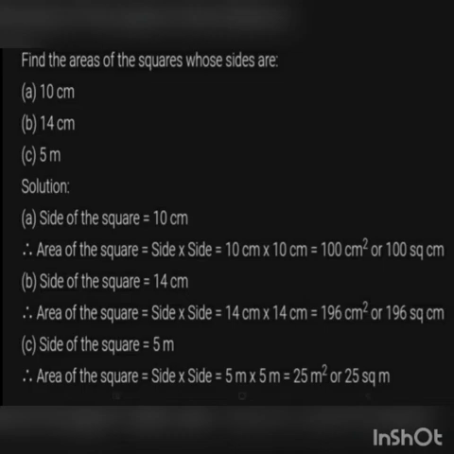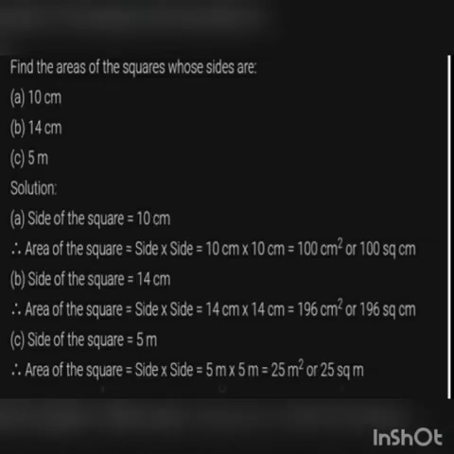The unit you have to change, it is centimeter square. When it is area, the unit will be expressed in square units. Third question, 5 meter. The length of the side is 5 meter. So the area is side into side. 5 meter into 5 meter, 25 meter square. So this is how we find the area of a square. These questions have direct application of the equation for area of rectangle and area of square. Next we can see some application level questions.